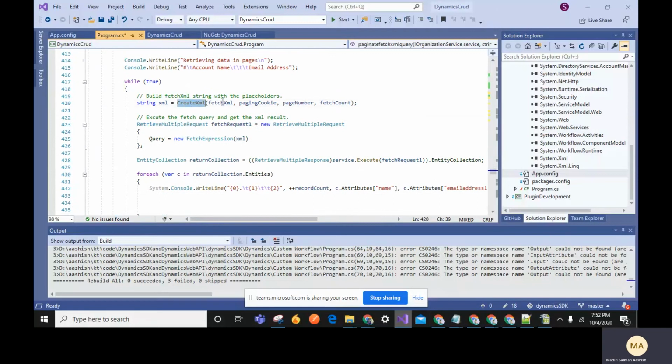After creating an XML, you need to use that XML code in here. So first we need to execute a retrieve multiple request.